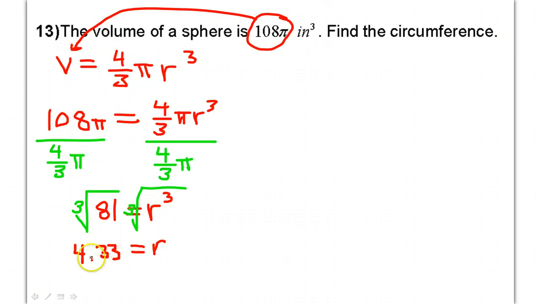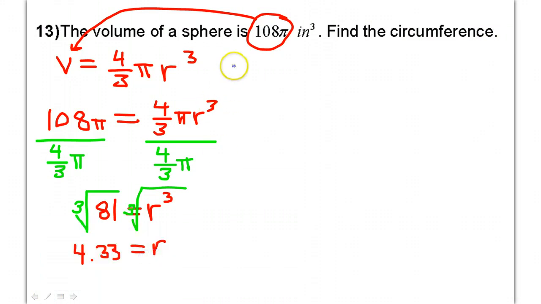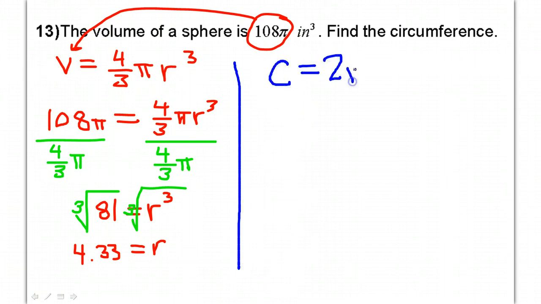Now, we're supposed to find the circumference, though. Alright, well, if I want to find the circumference, I need to use the circumference formula. So circumference, as you recall, is 2 pi r. Now, I could have used pi d. I just would have doubled this, and that would be the diameter. Either way is fine. So circumference is 2 pi